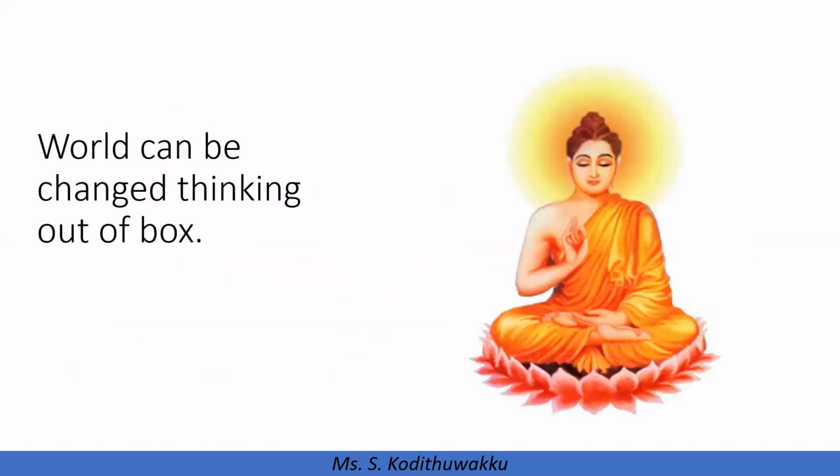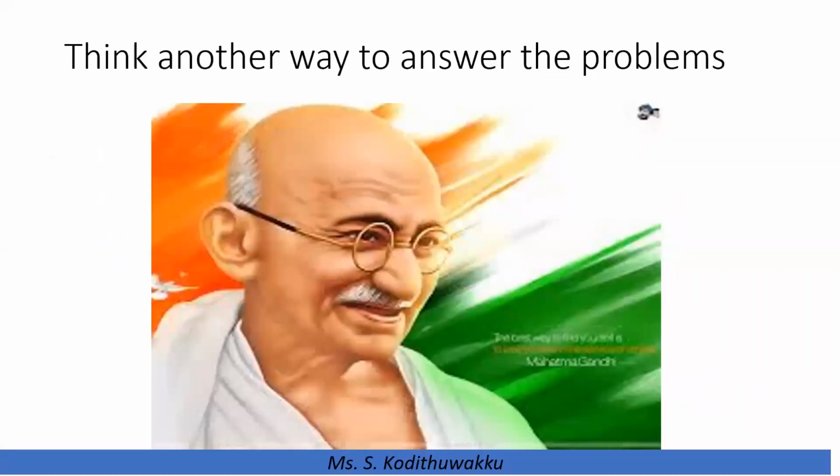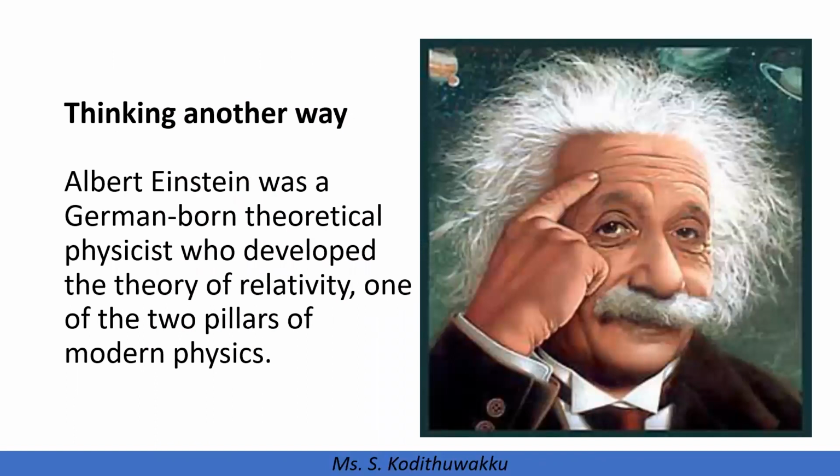Now here I will give some examples. Lord Buddha, his thinking was completely different at that time, because he analyzed things out of the box. One example, the world can be changed by thinking out of the box. Lord Buddha, again Mahatma Gandhi, he thought another way to answer the problems. So that's why he had a lot of threats, right? So these are some of the examples. Again, Albert Einstein,